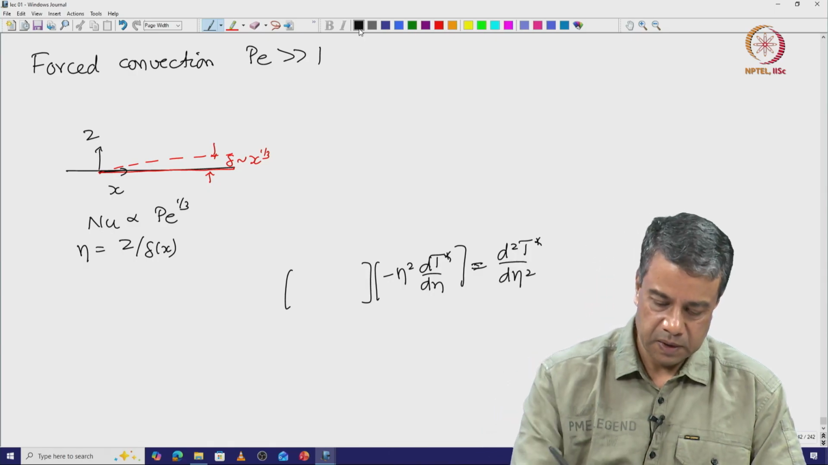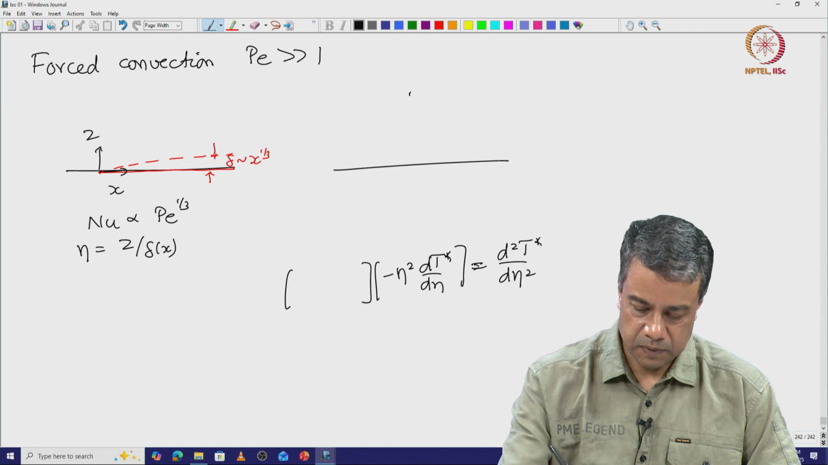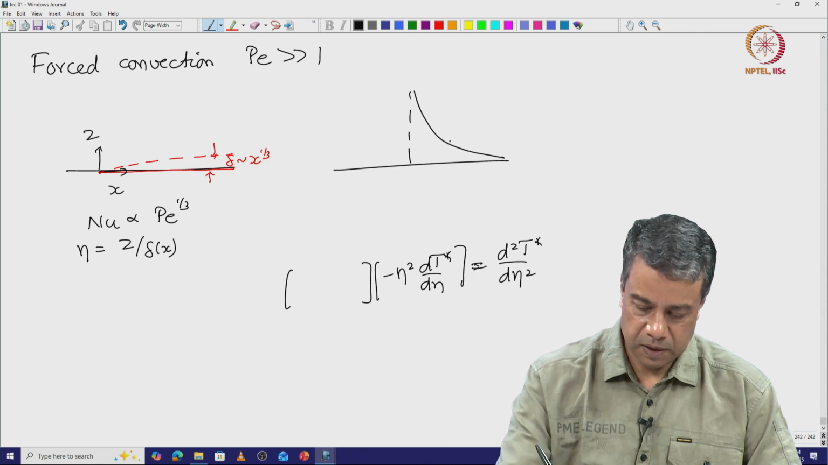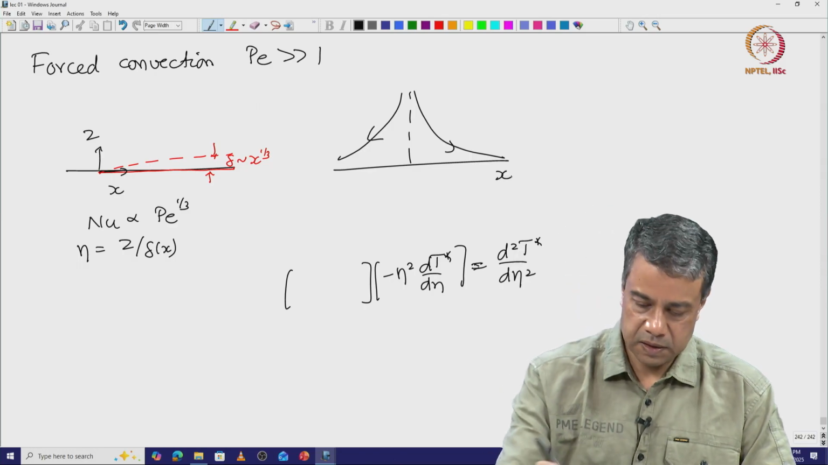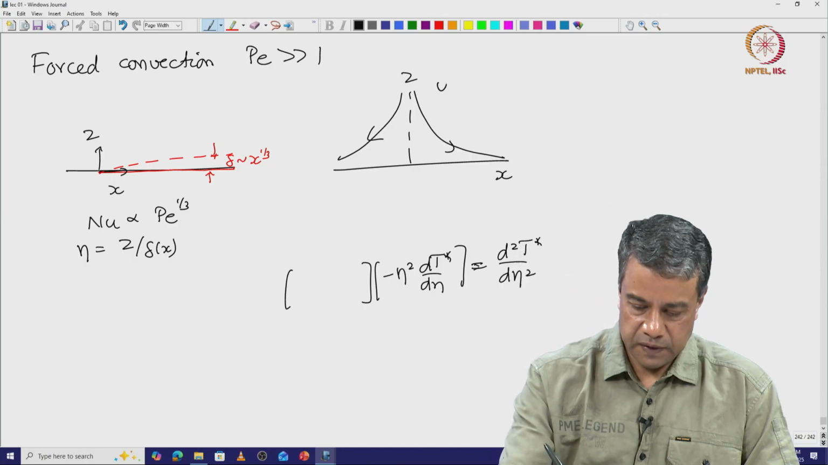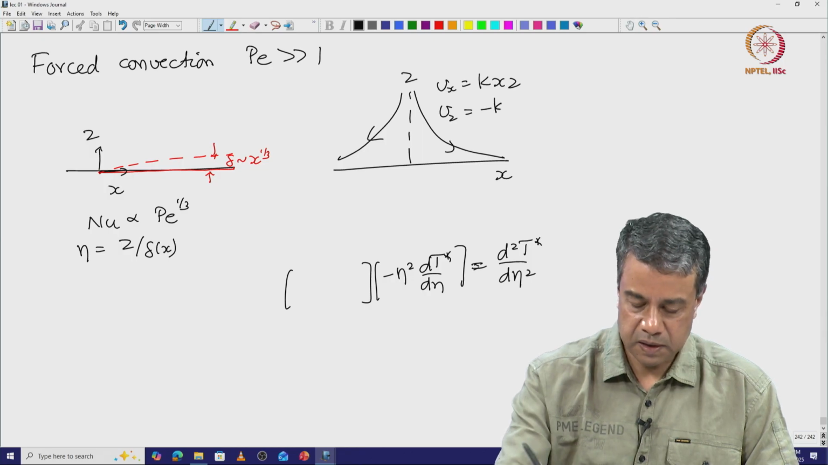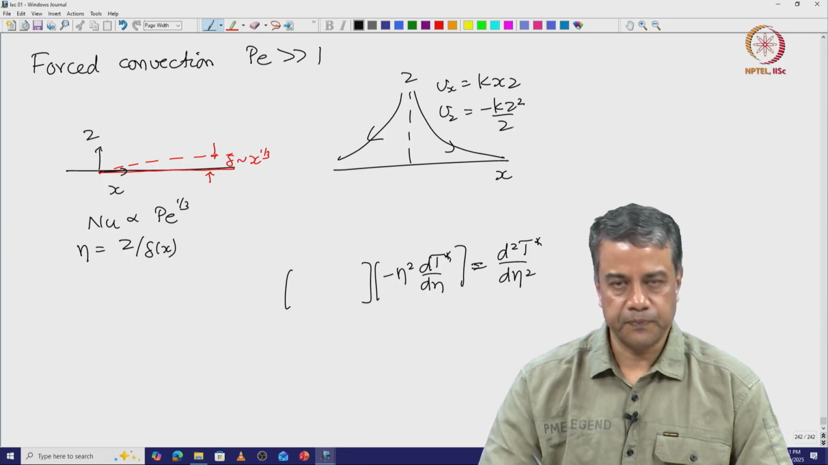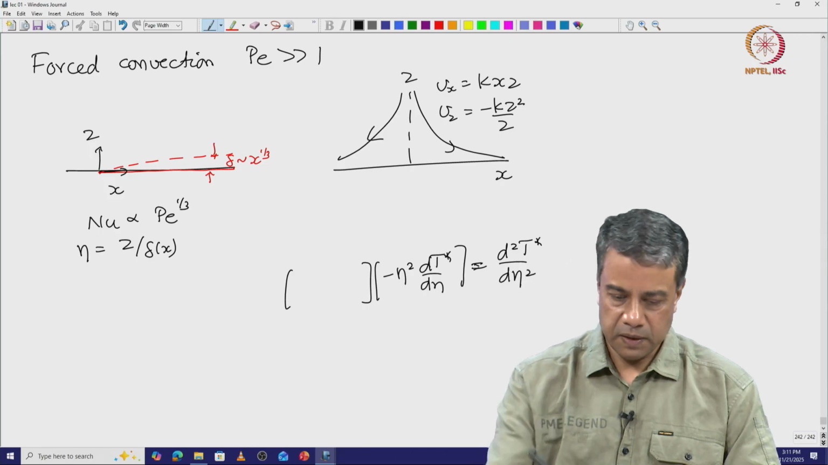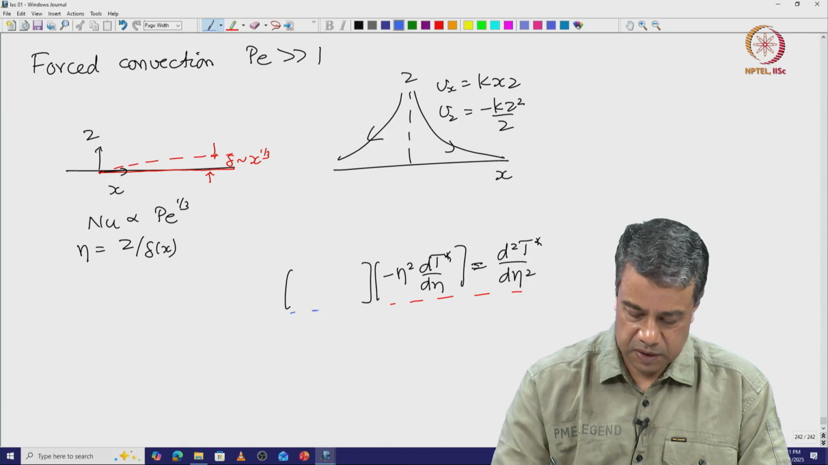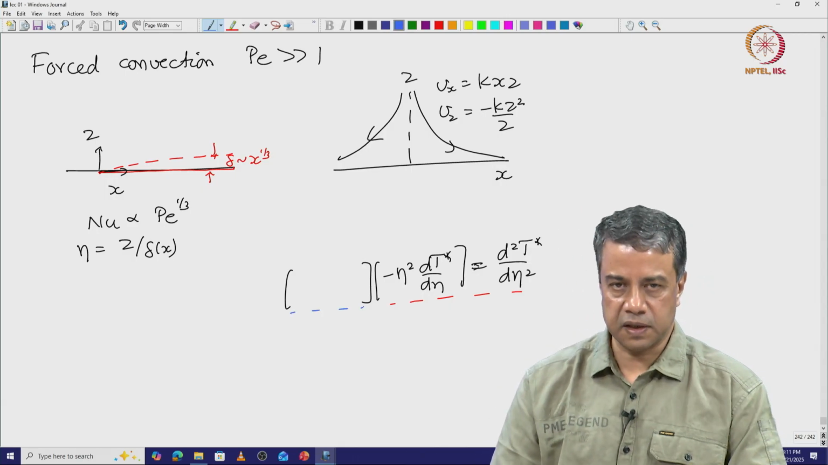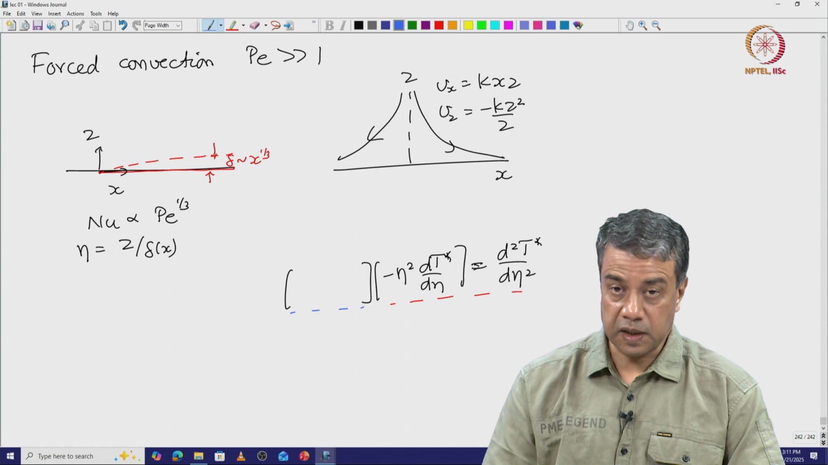We also solved a stagnation point flow, where we had a flow looking like this: x, z, Vx is equal to k x z, Vz is equal to minus k z square by 2. And we got this exact same form times an additional term which was different. So, the blue was different in the case of a stagnation point flow, the red part was exactly the same,